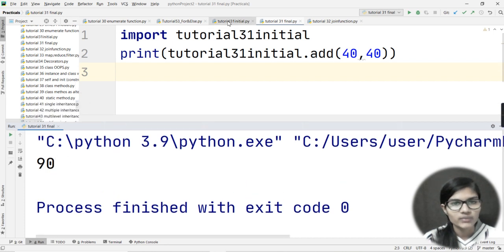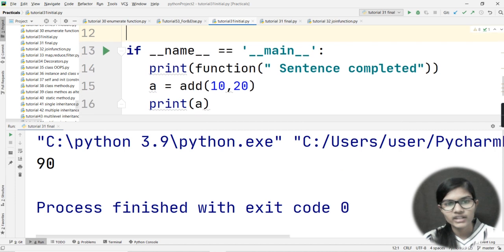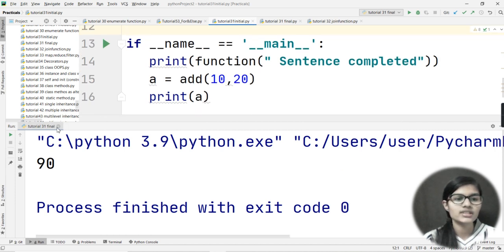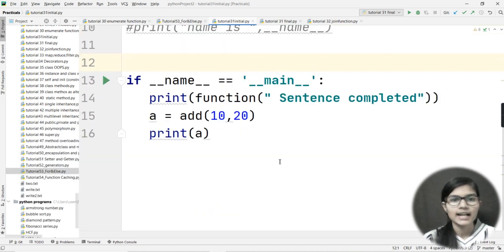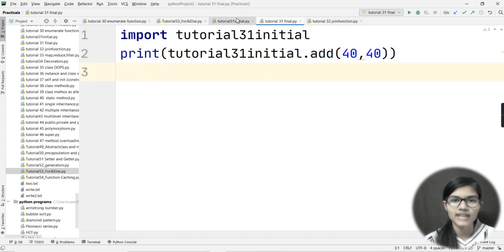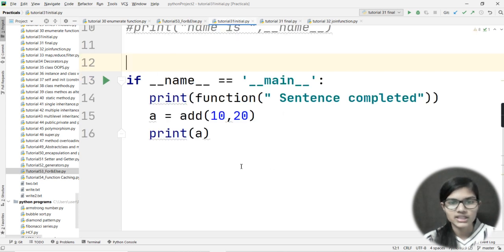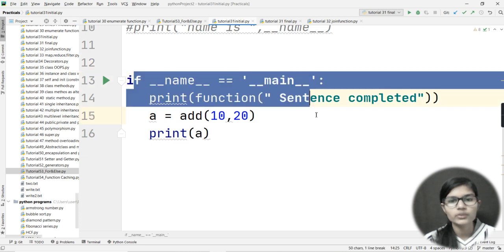Because I have used this main function here. So what is the use of the main function? Let's say you have made a file and two files have absolutely the same names, and you want to use one function of the first file in the second file. There you would need the main function, because you want only the function that you are using to be executed, right? You will not want all the functions used in my first file to be executed, right? That is why you use this if name is equal to main.